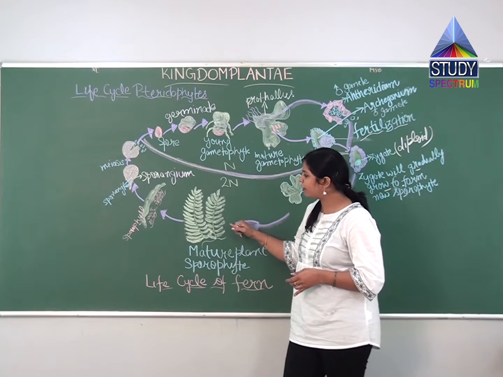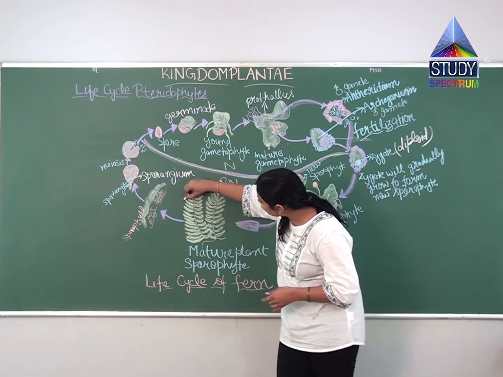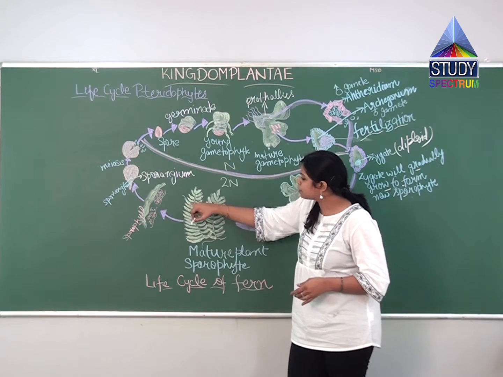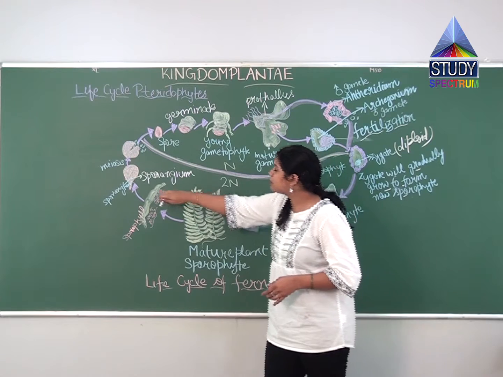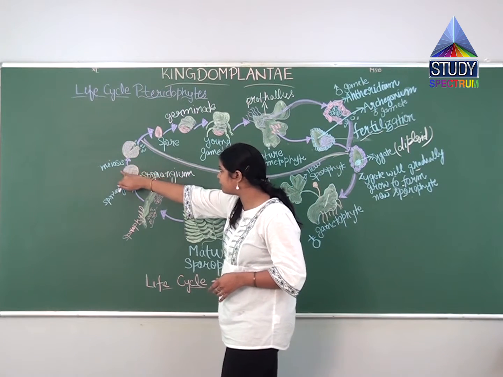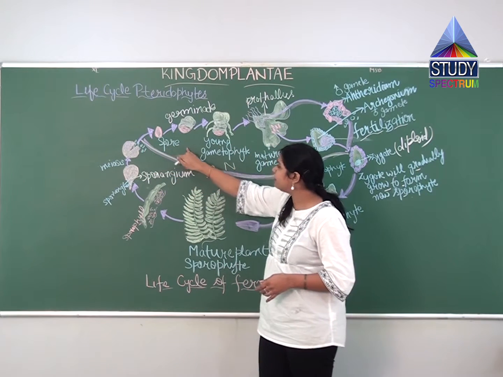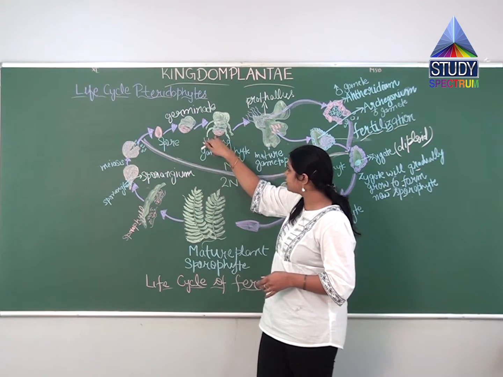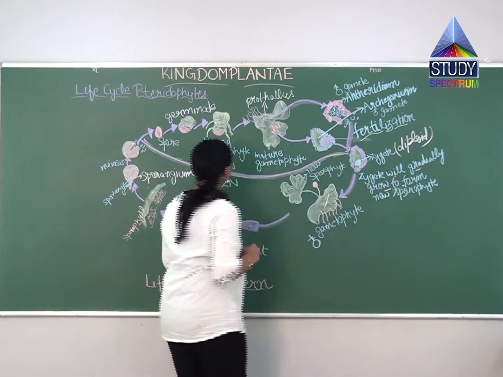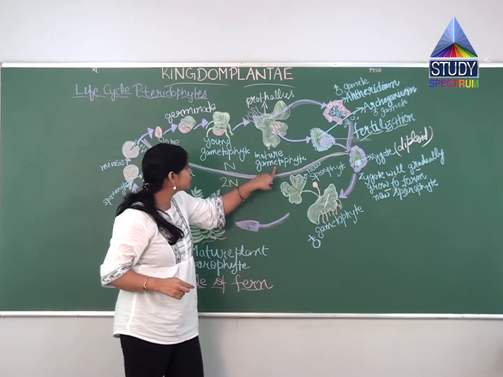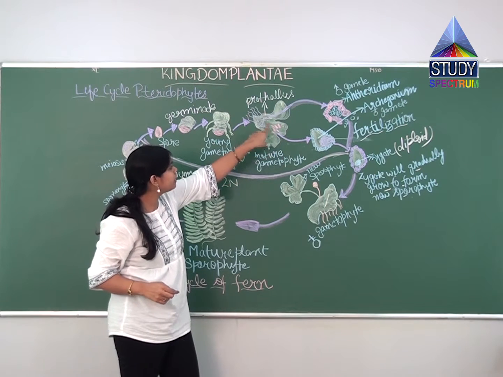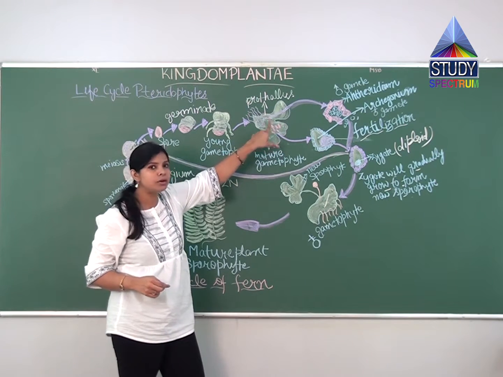So in the mature sporophyte, something like this is a sporophyll. In pteridophytes, what do we call the leaves? They are sporophylls. So these sporophylls contain the sporangium. In the sporangium, meiosis occurs, that is a reduction division, and spores will be released. This spore will germinate and form the young gametophyte. And again after some time this will grow and form the mature gametophyte. This stage is also termed a prothallus because we cannot see any differentiation of shoot, stem or root.